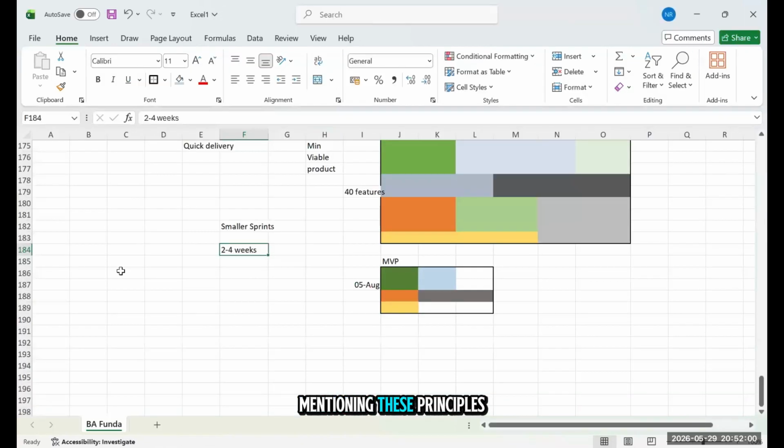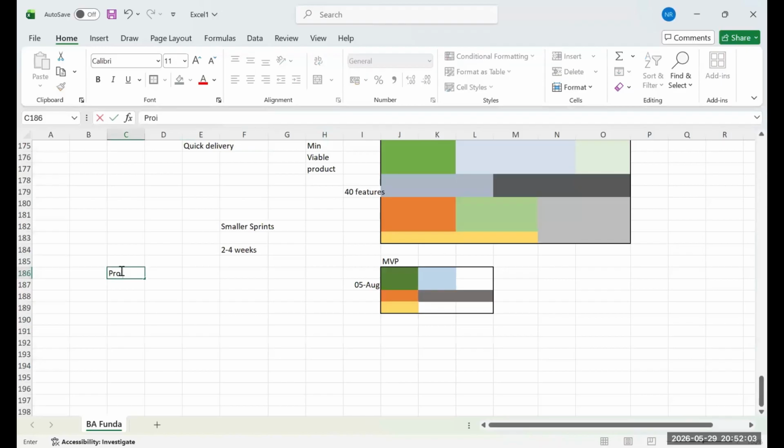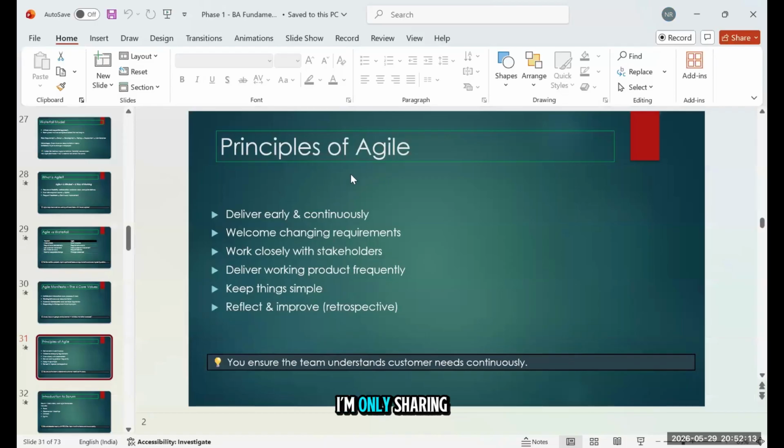Now, as I'm mentioning these principles, there are a good number of principles that you will find. I can share those with you. But for now, I'm only sharing this part which is relevant for you, which you will be using and realizing while working in an agile project. So few things that you will be looking at here is